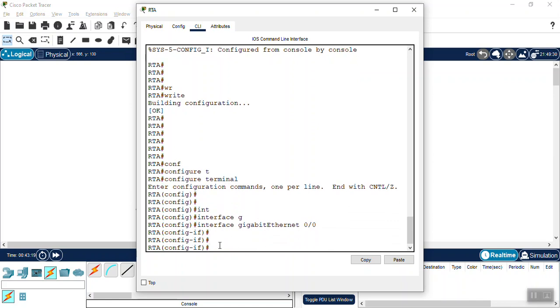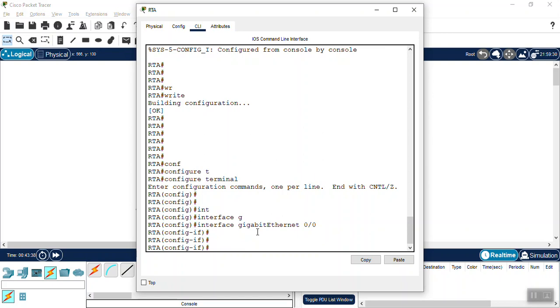Okay, when you are pressing the tab button, it will complete your command. As I have written here int and I have pressed the tab button, this command is completed. I have just written here G, and I press the tab button, and the command is completed, and 0/0 is the number for gigabit interface.